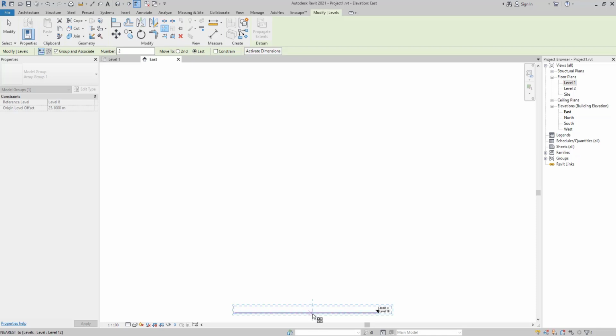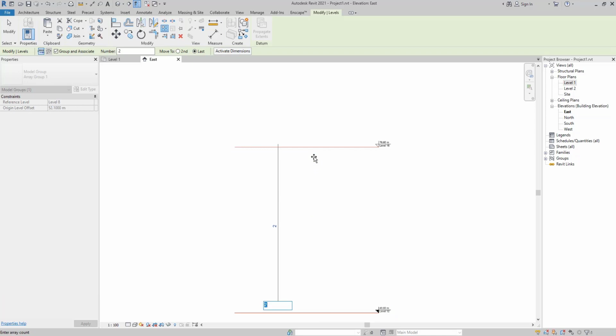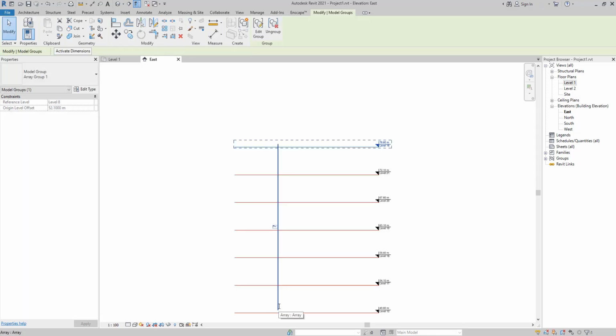In this instance, we mark Last and use the array operation, and we know, for example, our building is supposed to be 25 or 27 meters above. By entering the value 27, we create our levels, and we already know in our building we are going to have 7 levels. By clicking on 7,